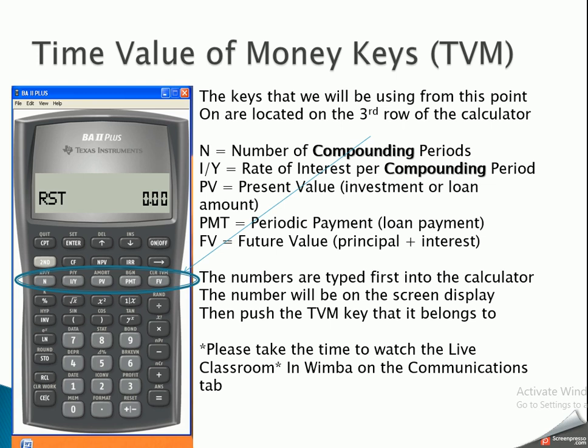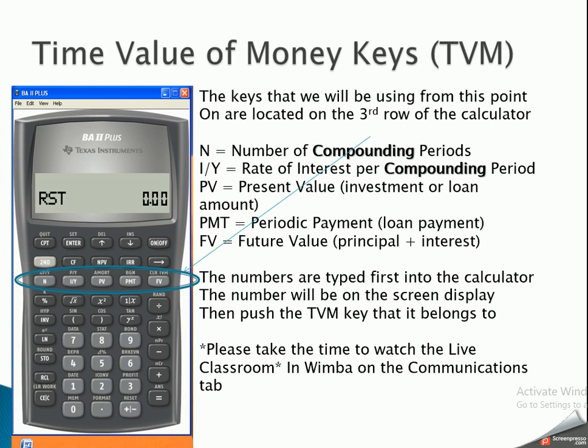The N represents the number of compounding periods. That could be number of quarters, could be semi-annual periods, could be annual, could be daily, could be monthly. So you have to read carefully to understand how often it compounds, and then you want your N to be in those compounding periods. Your IY should match your N. So if your N is monthly, your IY should be the rate of interest, again, per compounding period. If your N was monthly, it'd be your rate of interest monthly. So you do have to do a little bit of math to figure that out. So if they give you the annual rate, which they will, and you want it monthly, you'll have to divide